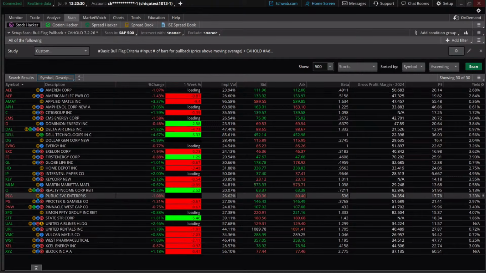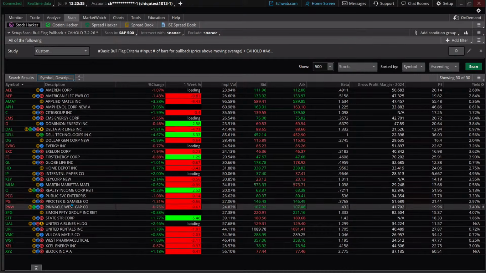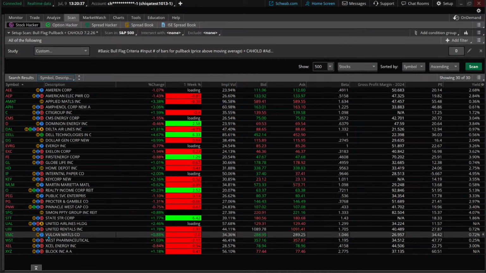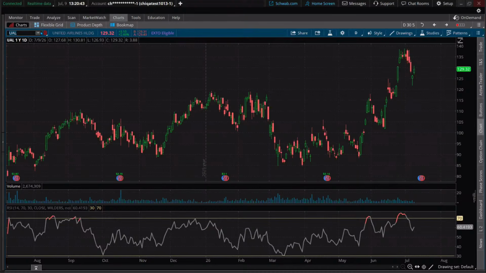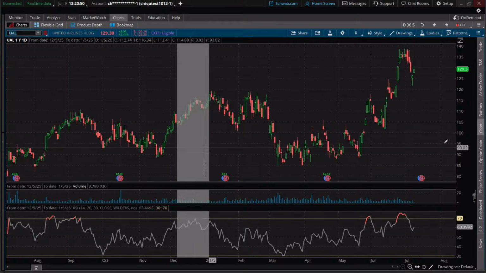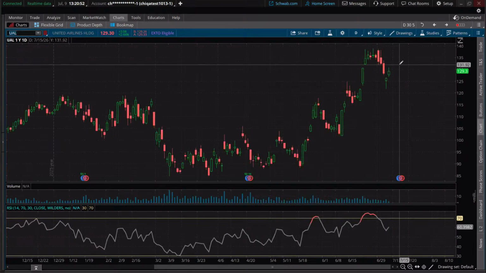Okay. As we take a look at the pullback and the hold occurring here above that period of time, we can go through and look at several of these, but like say, for example, UAL is in here. That's United Airlines. I want to take a look at United Airlines and see what we've got. Okay, is it setting up for a hold right now? Did it spot this in the market for us? There's your pullback.